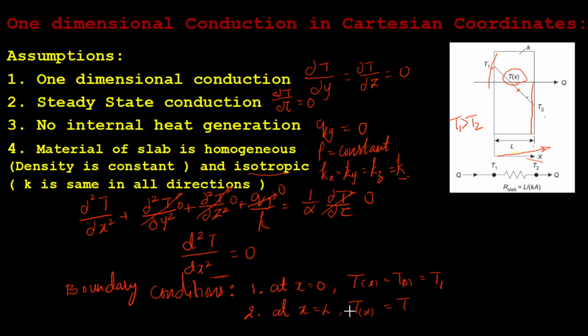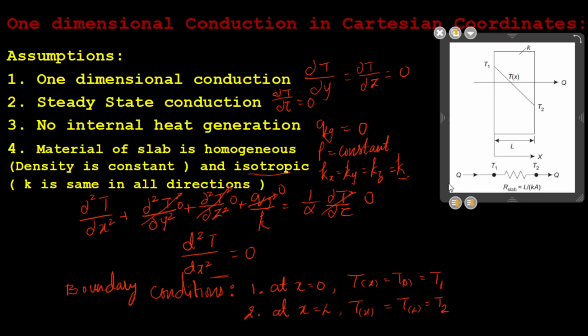At x equals L, T of x will be T of L, and that will be equal to T2. So these are the two boundary conditions which we are going to use to get the solution. I'll insert a new page now. I'll keep the diagram. Now I have the differential equation, that is d square T by dx square will be